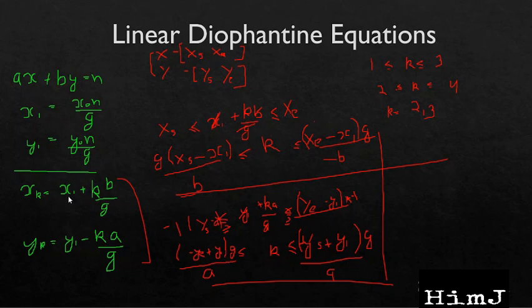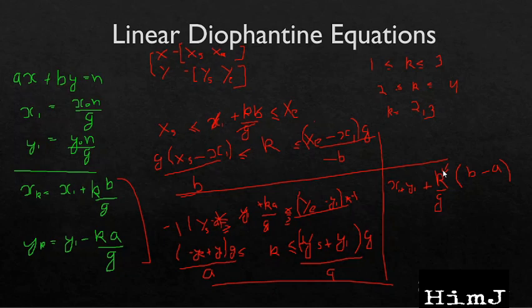We know the value of xk and yk generally. So what will be the value of xk plus yk? It will be x1 plus y1 plus, taking k by g common from both sides. So here we will have this, so now everything is constant. We know the value of x1 and y1 from the extended Euclidean algorithm. We know the value of GCD and we know the value of b and a. So to minimize this whole equation and assuming b is greater than a, we will need to minimize this value of k.